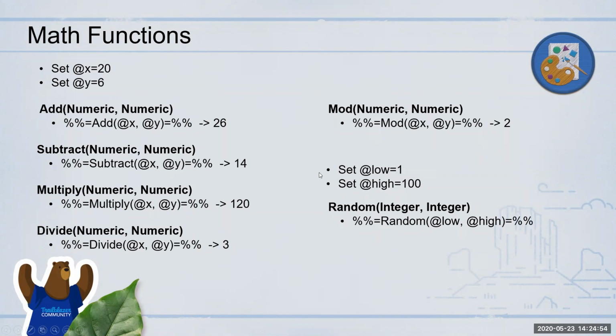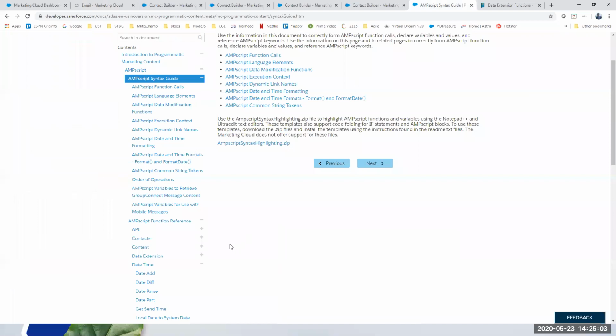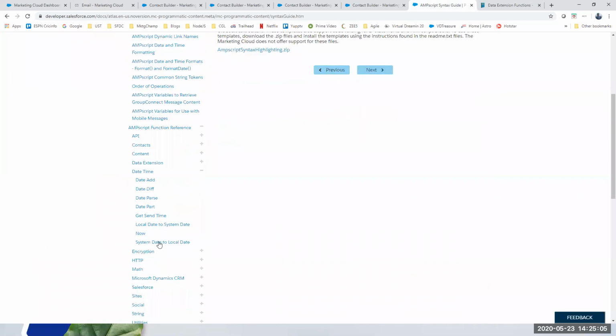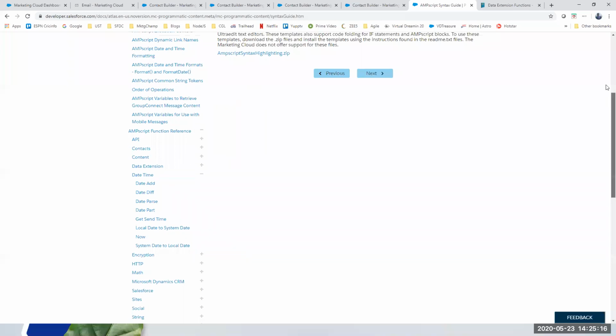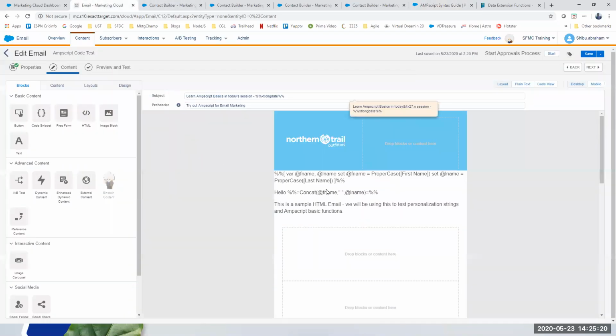Now it's not that you only have these particular functions available. Please do check the documentation, for example under date functions. There might be a few additional ones that I did not get time to go through, so you can refer to those as well, like under date functions, the utility functions, and format functions. There are a few more, like format currency and format number. Pretty straightforward. I'm just trying to show you some of the common ones that you may come across.